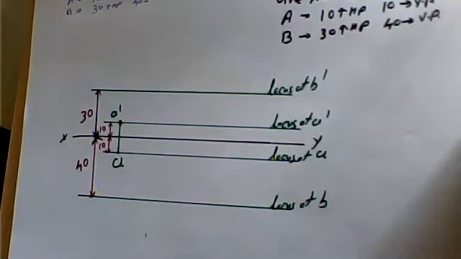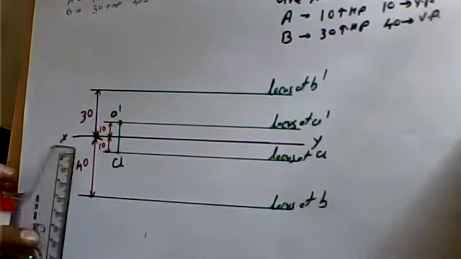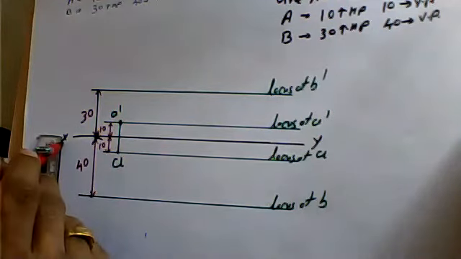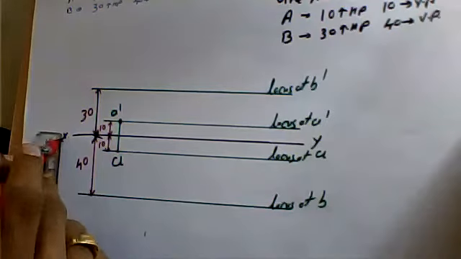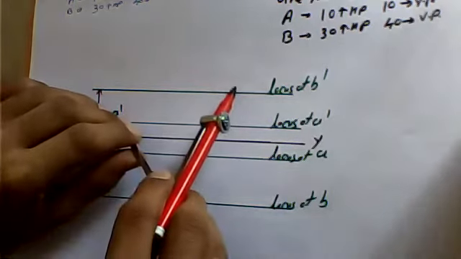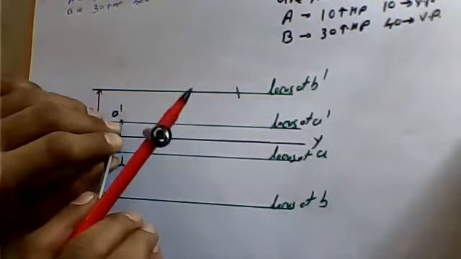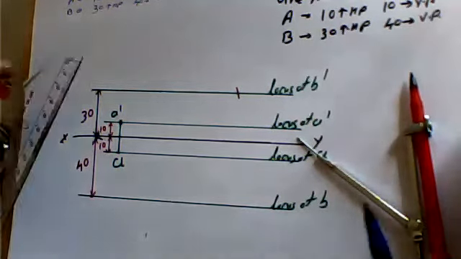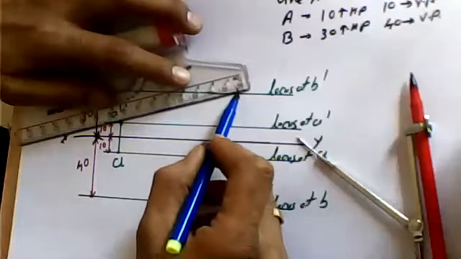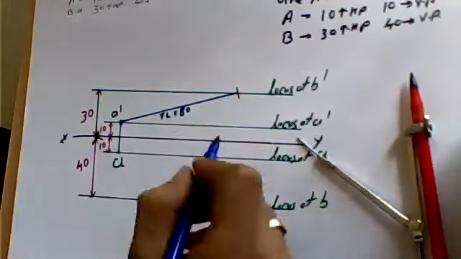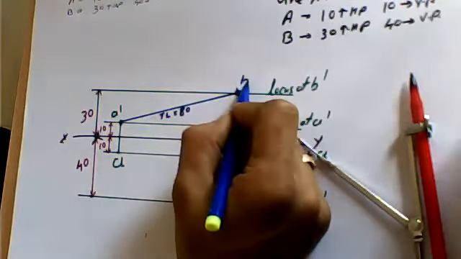Now we have another data available, which is the true length of line AB, which is 80 mm. So I need to take 80 mm on the compass, and I need to draft a projection from A dash. From A dash, I make an arc intersect the locus of B dash. Arc length is 80 mm. So this is going to be the true length. What we represent is the true length of AB, which is 80 mm, and the point which defines the intersection is going to be called B1 dash.